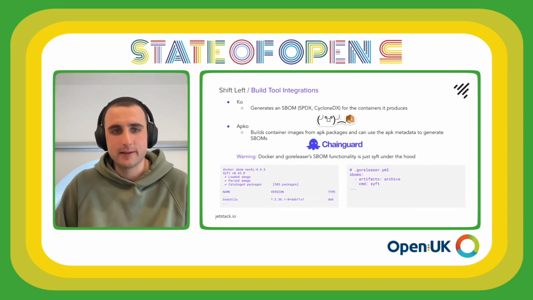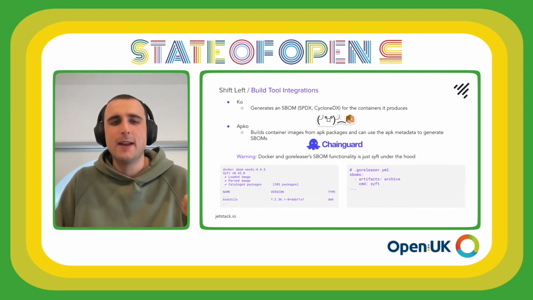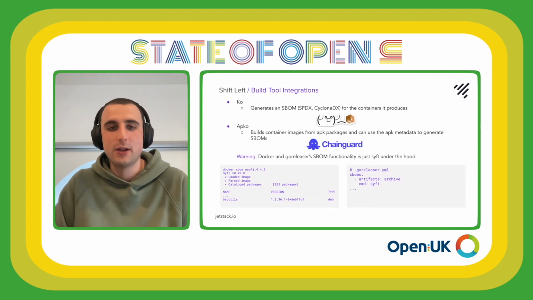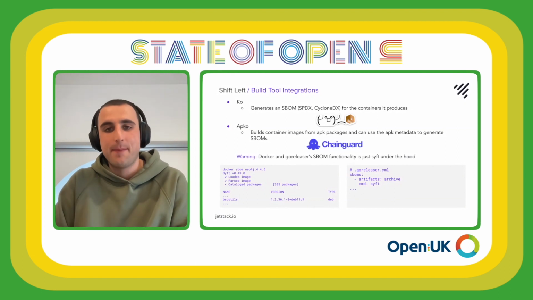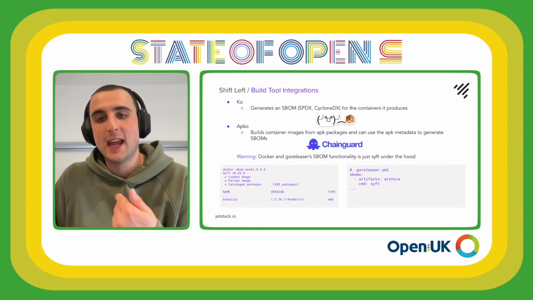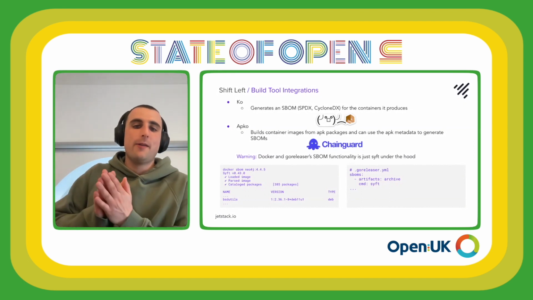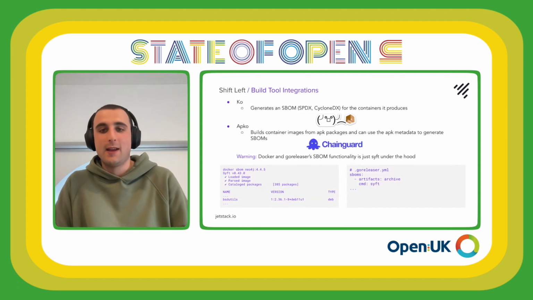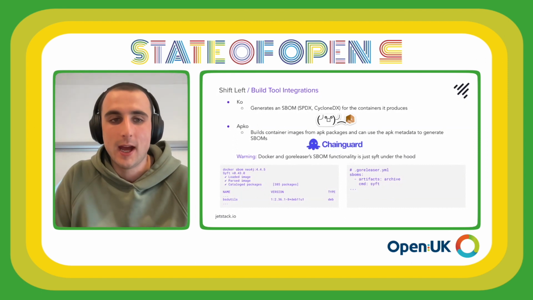Especially if that's to become the standard. Another example is apko, built by the same people, similar. Both of these are open source, and I think some of the same developers were involved in each. What this does is it allows you to build container images from APK packages, but very minimally, where the APK packages are really the only thing in the image. You can then use the APK metadata to generate the SBOMs, and each component is an APK. That way I know everything that's in the image, as it's all defined in APKs using that package manager identification method that I showed you earlier.